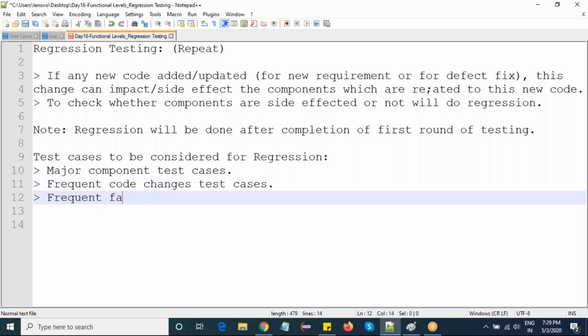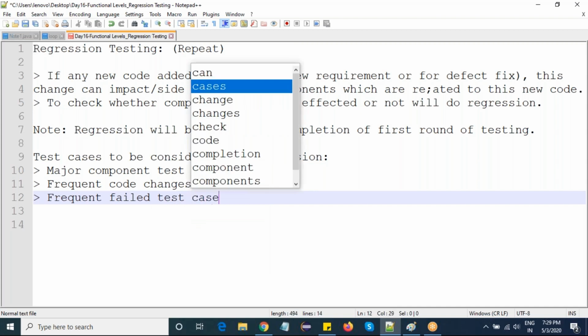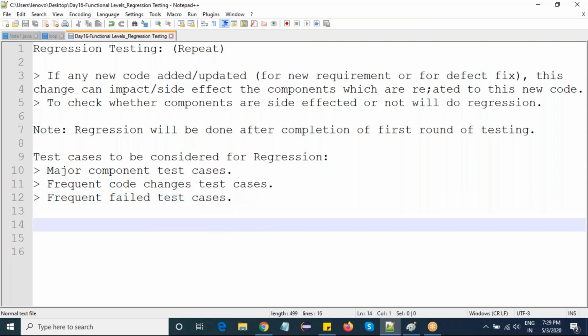In an application, every time a few test cases will fail, right? So those test cases will also be considered to check whether they are failing again or not. Frequent failed test cases. So these are the test cases we'll consider to do regression. So this is nothing but regression.